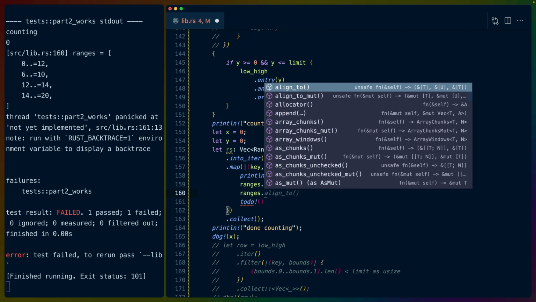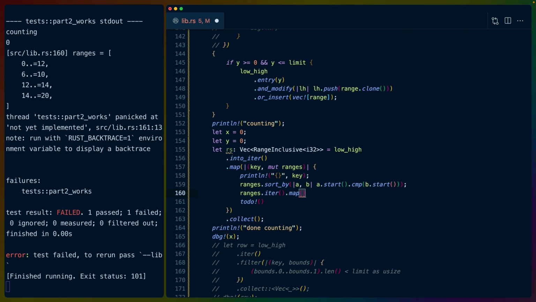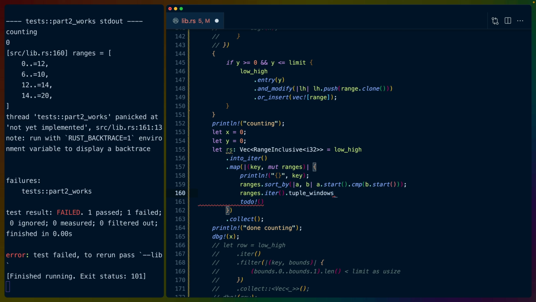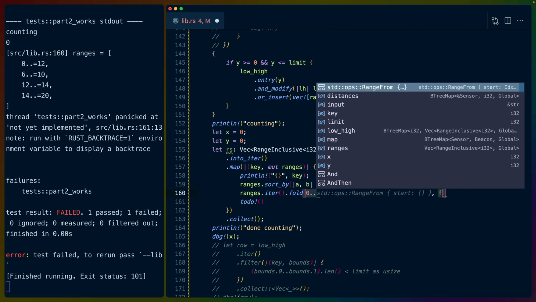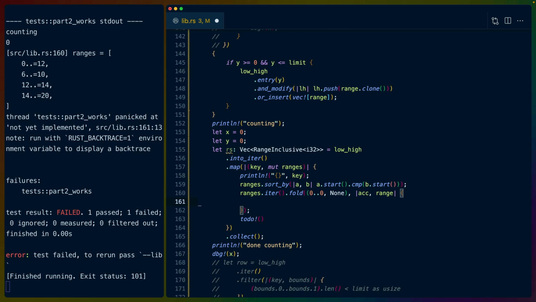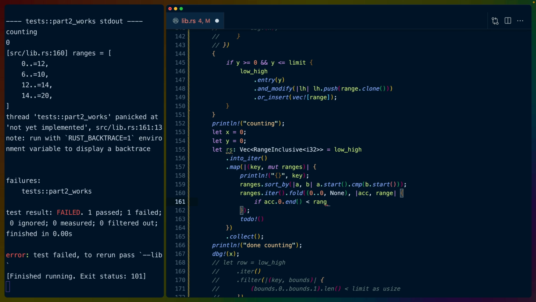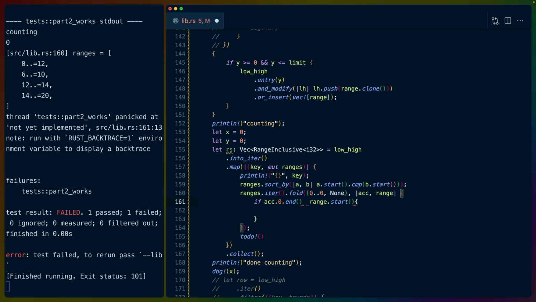So if we do ranges.iter.map or ranges.iter.windows, right? Tuple windows? No, ranges.iter.fold. We'll start with 0..0, I guess. So I know that there's going to be a second range for one of these. So I want to accumulate into the first range. So if acc.0.end is less than range.start, that's the wrong thing. If the end of the first range is greater than the start of the second, because these are in order,